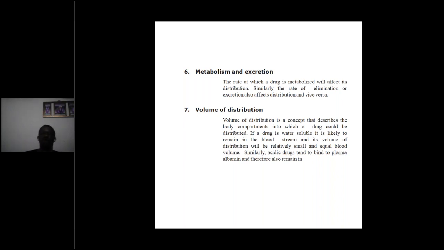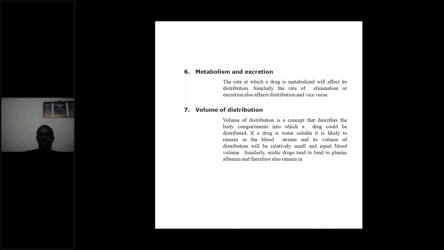If not, they will also cause toxicity. Volume of distribution is another thing that impacts drug distribution. So volume of distribution is just a concept that describes the body compartment in which the drug could be distributed. You know, the drug can be distributed into different compartments. Blood-brain barrier, it can be in the tissue, it can be in the plasma,